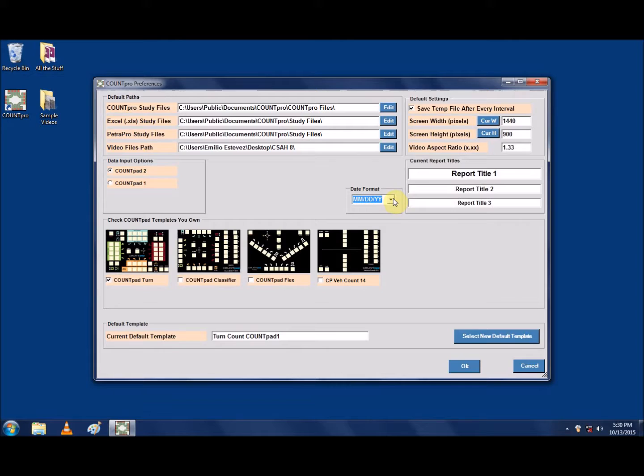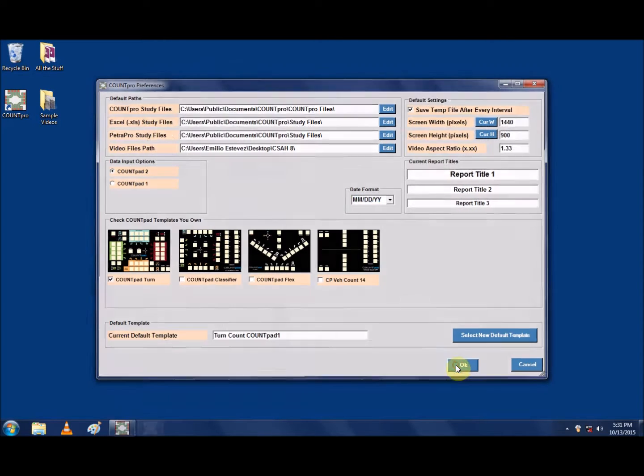When you're in the preferences menu, you can also choose a few different options, such as where the exported study files and exported files will go to, which folders they'll go to on your computer. And you can also change the screen size and some default titles for the reports. So once you've set everything just how you want it, hit OK, and we're going to start a new count